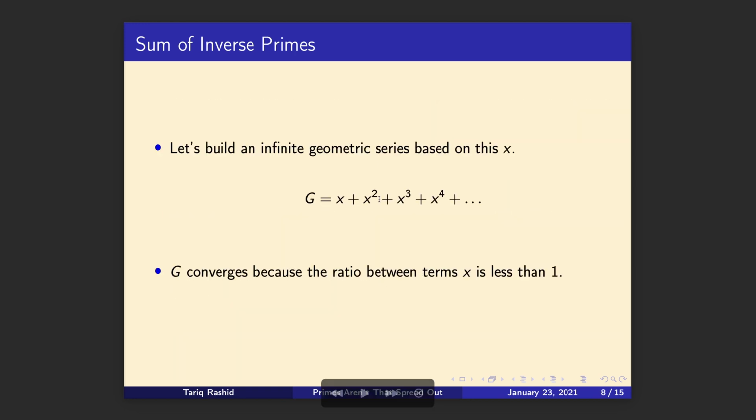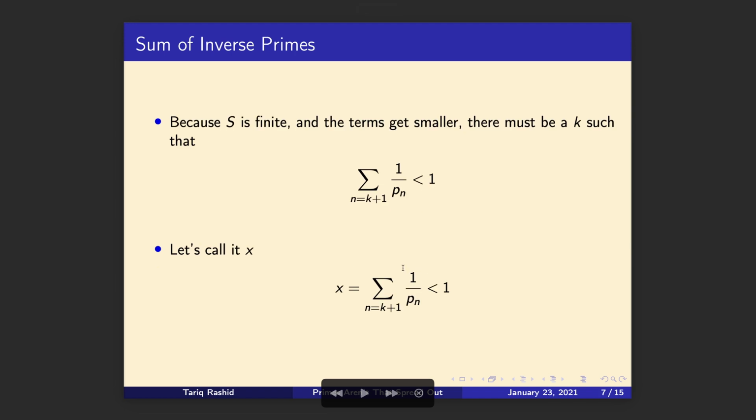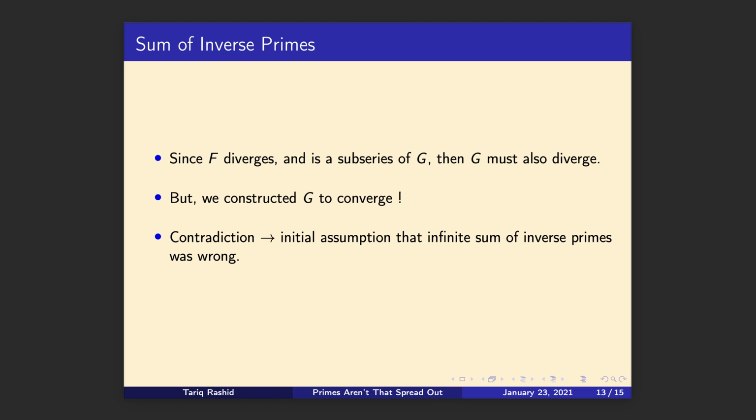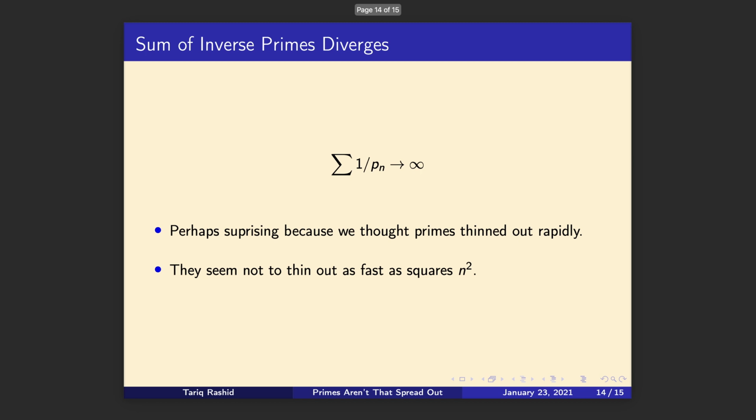We built G out of a geometric series based on x, and we constructed x to be less than 1. So we've reached a contradiction. That must mean that our initial assumption that the sum of the inverse primes was finite is wrong. So we've shown, in a kind of roundabout way, that the sum of inverse primes diverges to infinity. Now that is interesting,